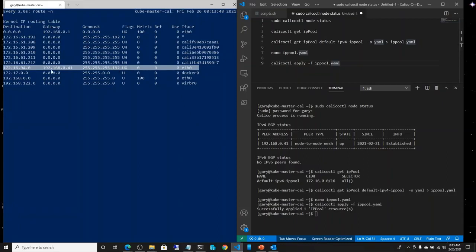And then you'll see the change. Now it changed from the tunnel into eth0. So everything is now going through the regular interface, so you're not going through the tunnel. And that's the change that we just made. We changed from IP-in-IP to regular,